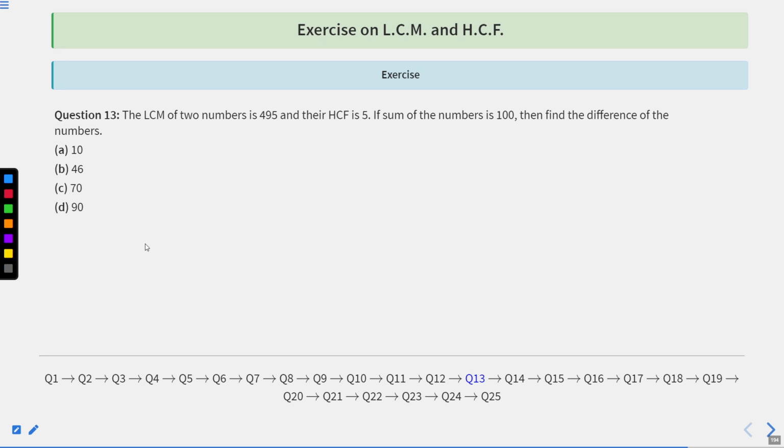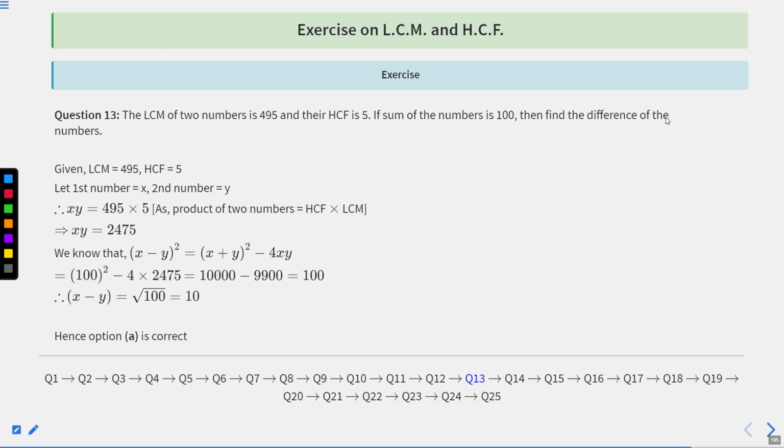Question number 13. The LCM of two numbers is 495 and their HCF is 5. If the sum of the numbers is 100, then find the difference of the numbers. So solution, given LCM equal to 495 and HCF equal to 5. Let the first number be x and the second number be y. So xy is going to be 495 into 5, as the product of two numbers is equal to LCM into HCF. So this implies that xy is equal to